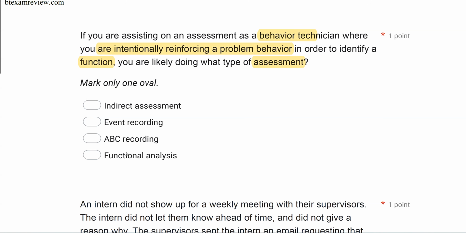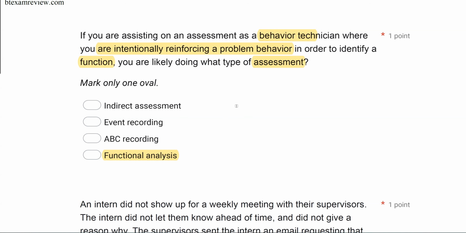However, with D, a functional analysis, let's say we're looking at an escape maintained behavior. When that individual attempts to escape, we're going to allow them to escape because we want to identify the function. Now, functional analyses are the highest level type of assessment. You might assist on them. You don't need to know a lot about them, but understand with this type of analysis, we are manipulating antecedents